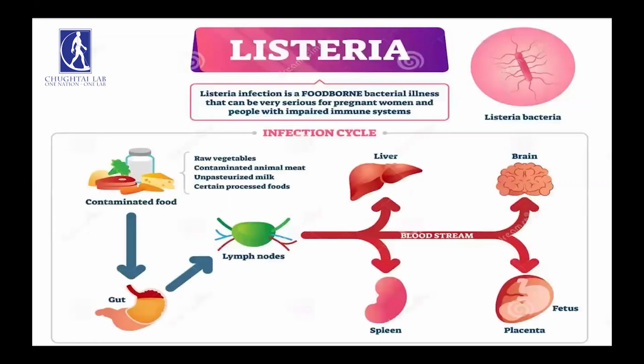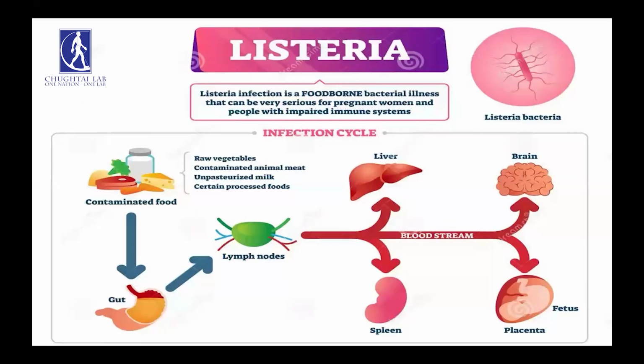So this is the infectious cycle of Listeria. Listerial infection is a foodborne bacterial illness that can be very serious in pregnant and immunocompromised human beings. It starts with the ingestion of contaminated food like raw vegetables, contaminated animal meat, and unpasteurized milk, and it enters the